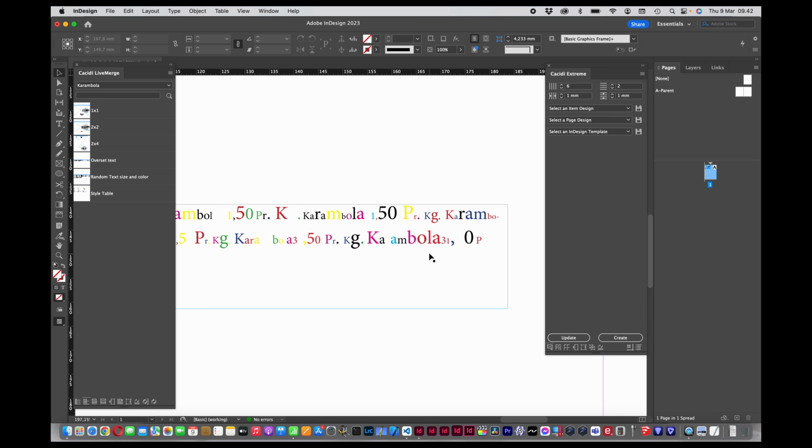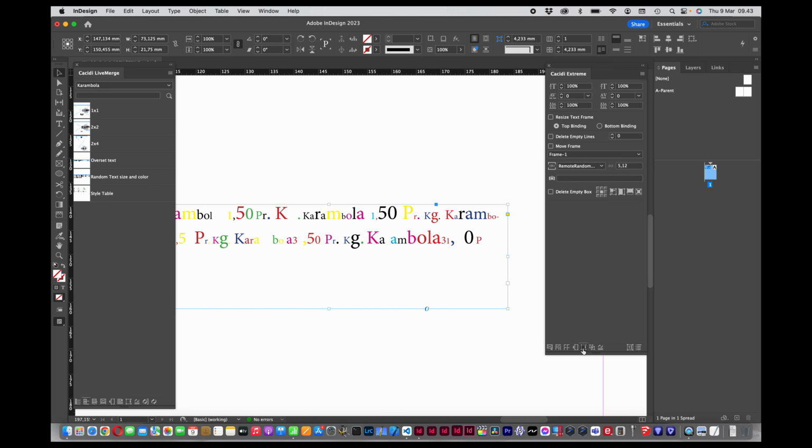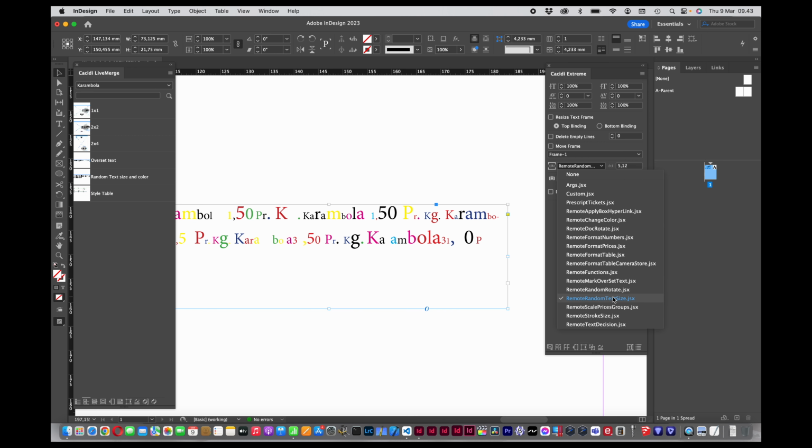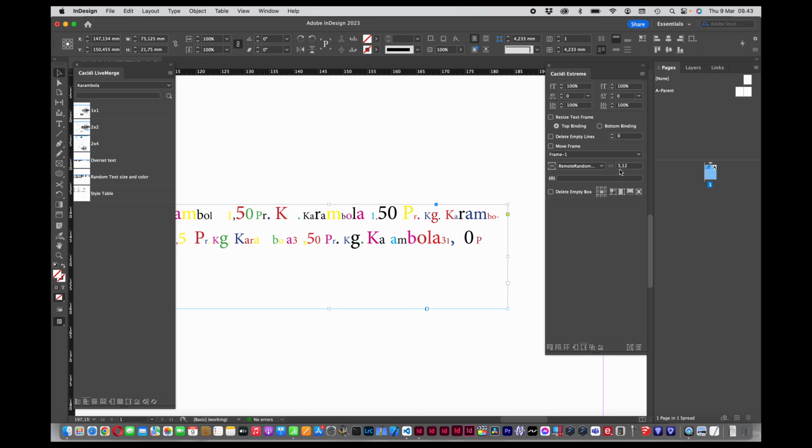from the color panel. If we click on this frame here and navigate to the frame settings panel, that's the bottom number 5 here in Extreme. And as you can see, in the ObjectScript pop-up menu, we have selected a script here, and we also sent information 5,12, meaning that it can choose between 5-point and 12-point text, random, so we get this look of the